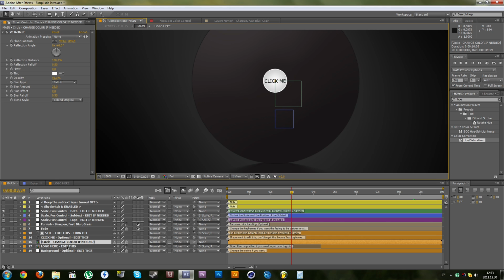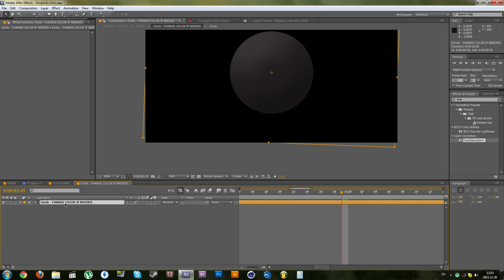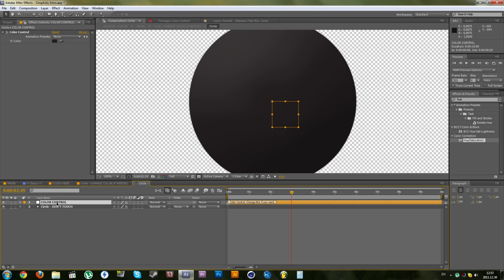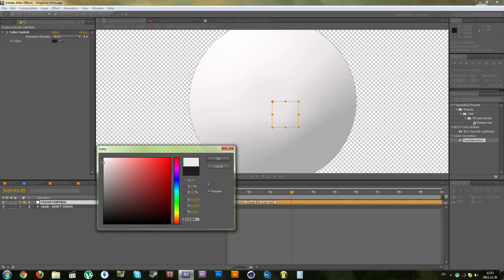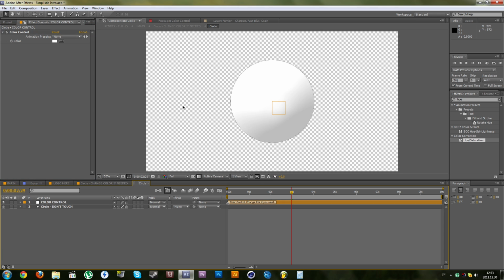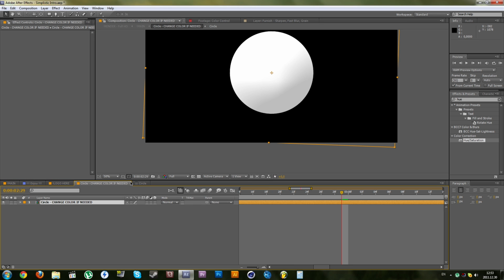So what we're gonna do is open the circle composition, and in that composition we open the circle change color composition, and you can see that there's a different layer called color control. So you select that color control and basically change the color that you want. I'm gonna make it pure white, and you will see that it is shaded a little bit,